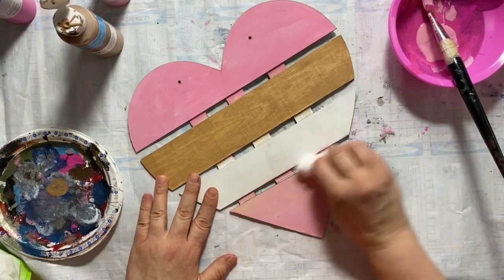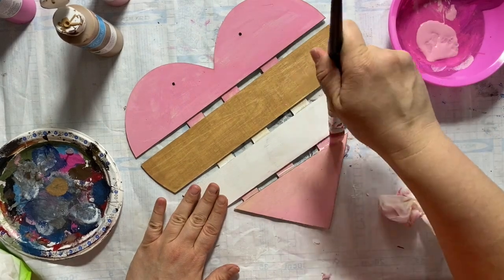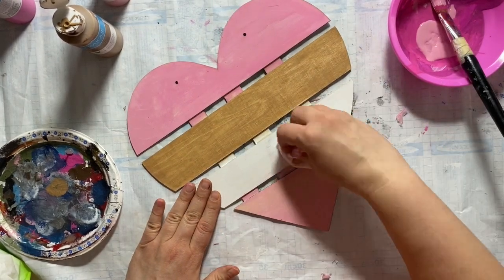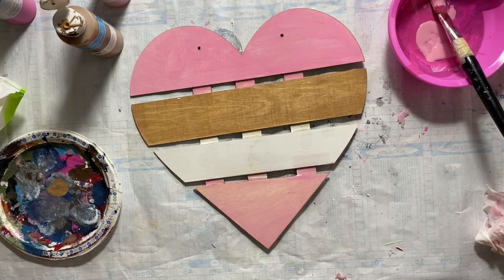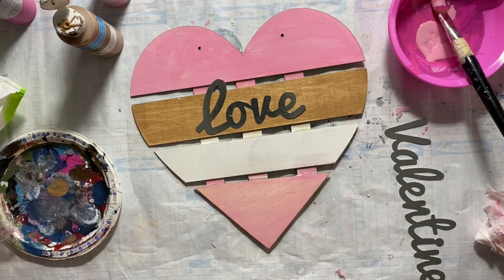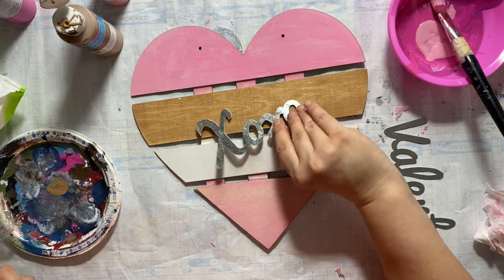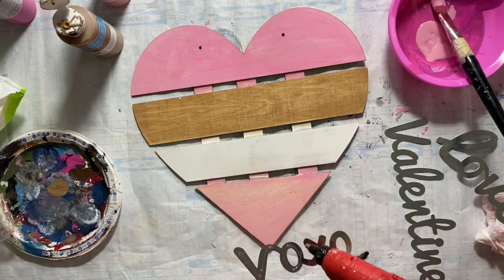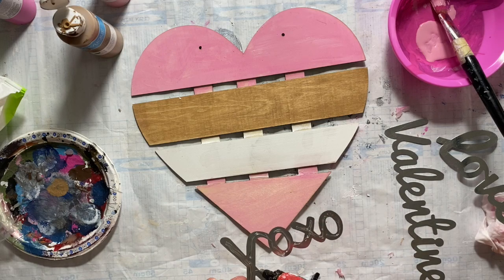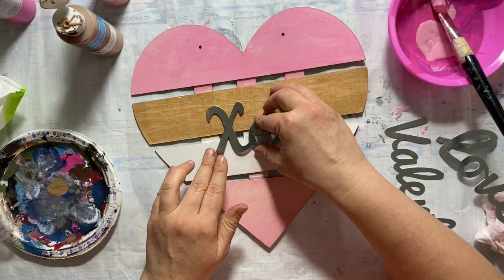looking like a stain. And then the last one that I'm doing is I'm mixing the cotton candy pink with a little bit of white and then lightly putting it on and then using that same baby wipe and rubbing off extra paint. And I was trying to figure out which one of these galvanized steel words I'm going to